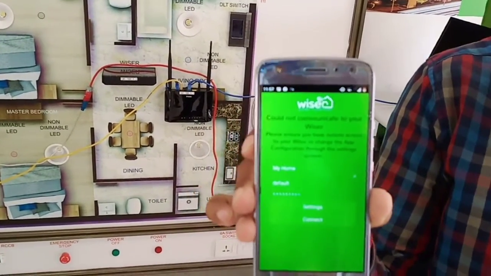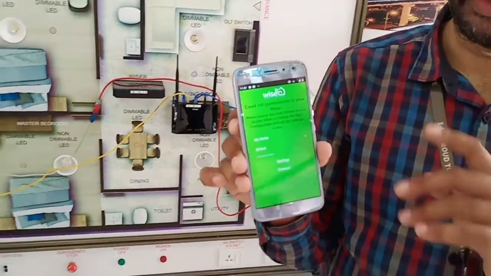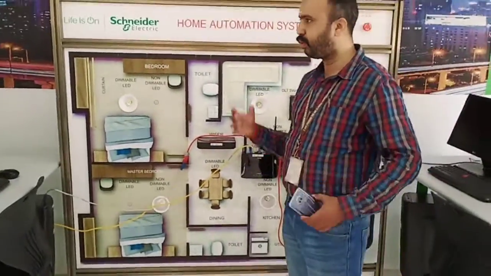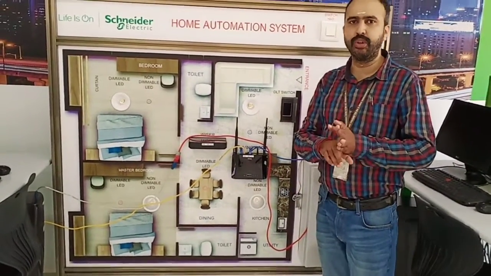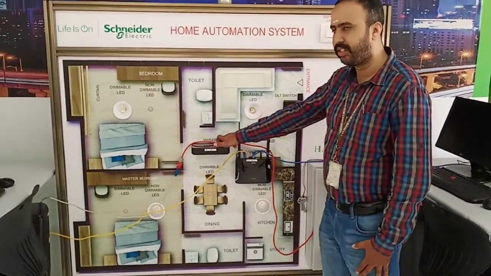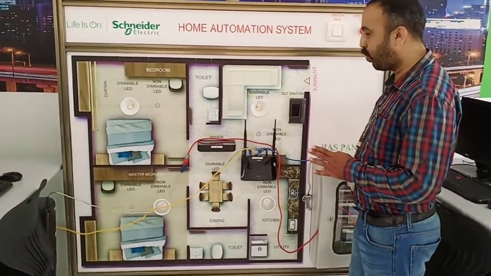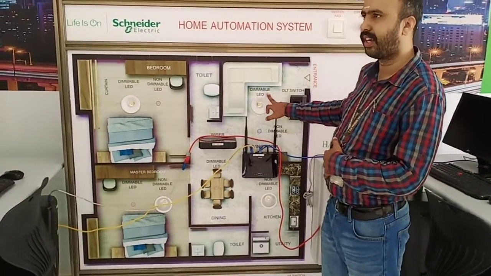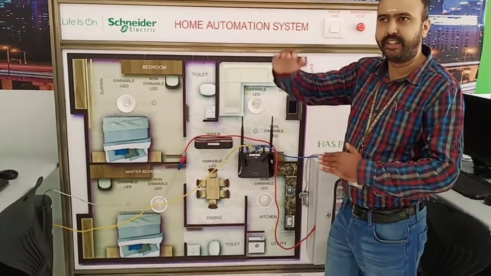I think in many advertisements, for example the V-Guard geyser, you might have noticed you can switch things off by mobile. Similarly, I can switch off from my mobile, and also through the computer I can control. Once again I repeat, you can control this home in two ways: by means of an application based on the Schneider visor, and by means of the system, you can operate the home remotely. That is the beauty. Here I may dim this light. This is a dimmable LED, so I can reduce or increase the intensity of the light.